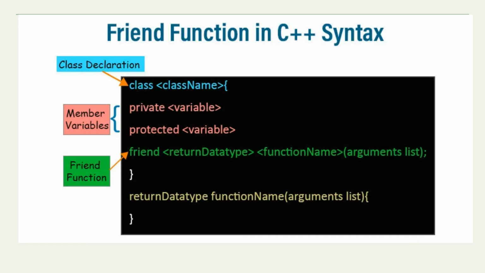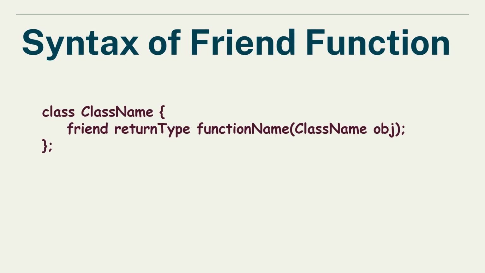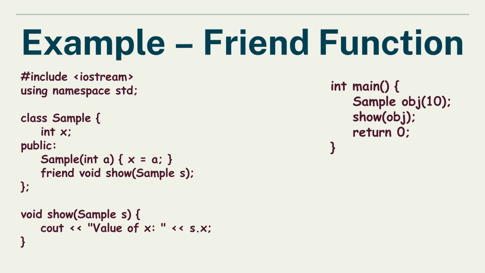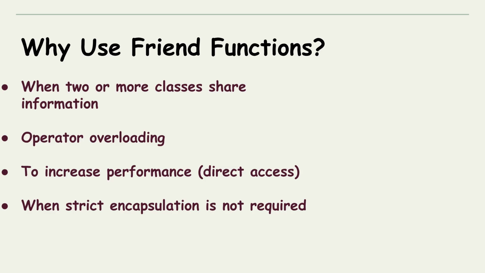This diagram illustrates the syntax for declaring a friend function within a class and defining it outside. The basic syntax involves declaring the function inside the class definition, preceded by the friend keyword, and passing a class object as an argument. This code example demonstrates a friend function show accessing the private integer x of the sample class. Friend functions are useful for sharing information between classes, operator overloading, increasing performance through direct access, and when strict